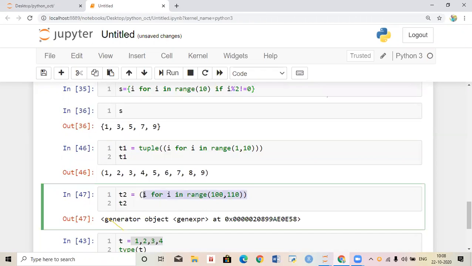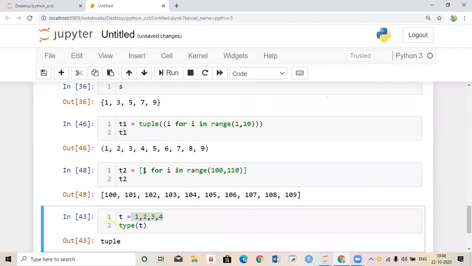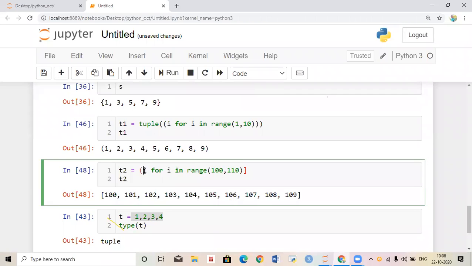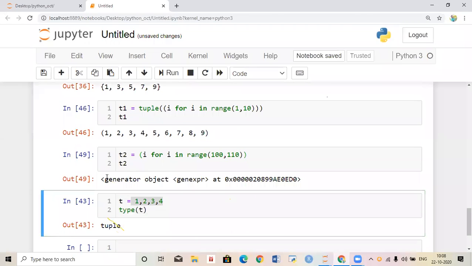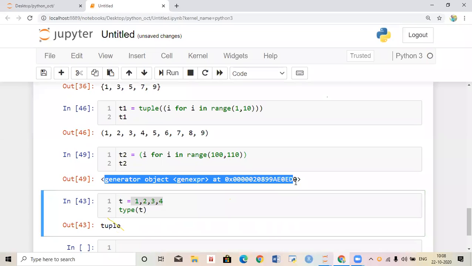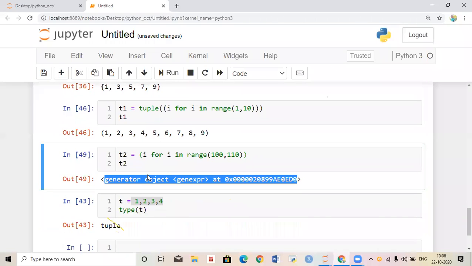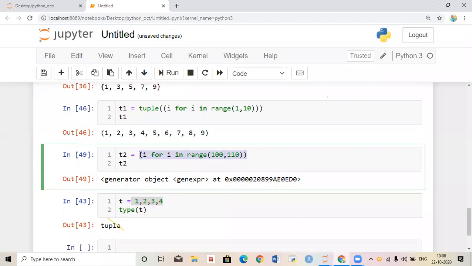If you take this in a list, it will print the list directly. But if you take it in a tuple, it will take it as a tuple, but it will not print the exact output. It will print the generator object. One generator concept is there, which is not mandatory. A generator is also represented like this, in brackets only.